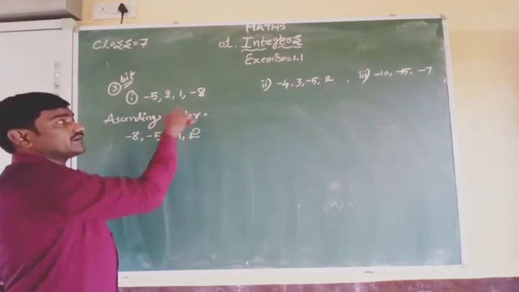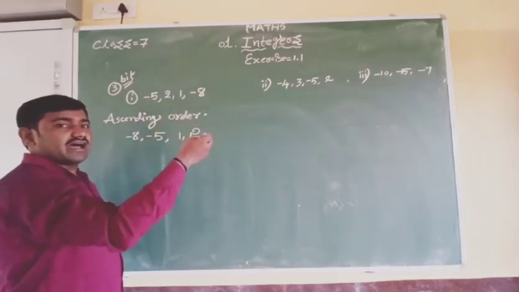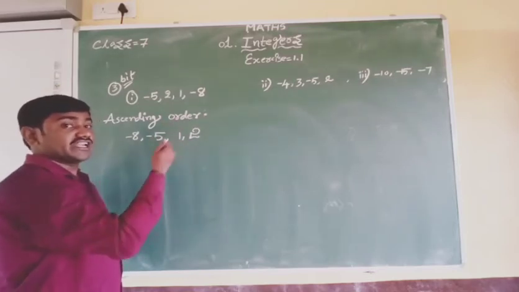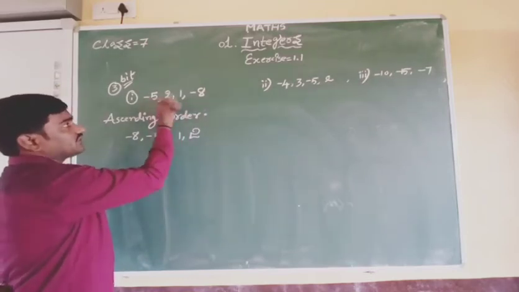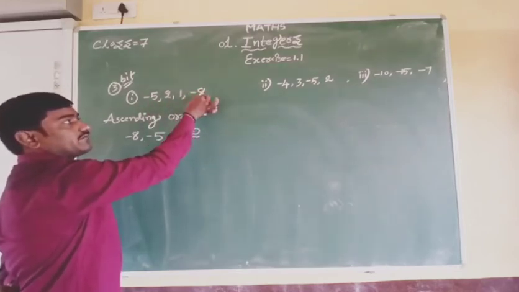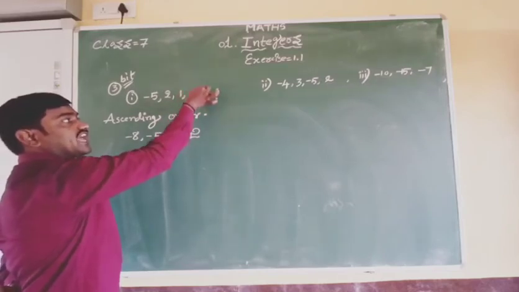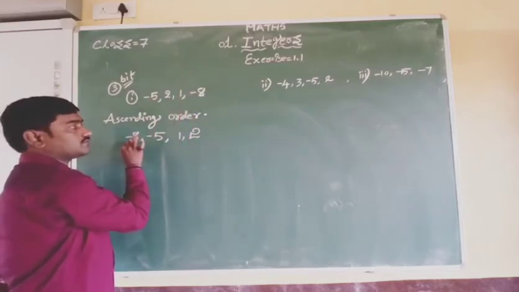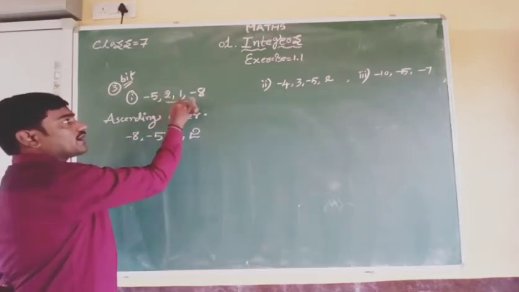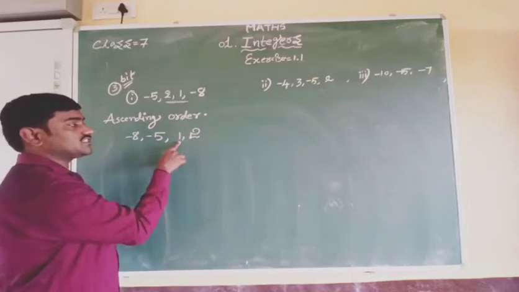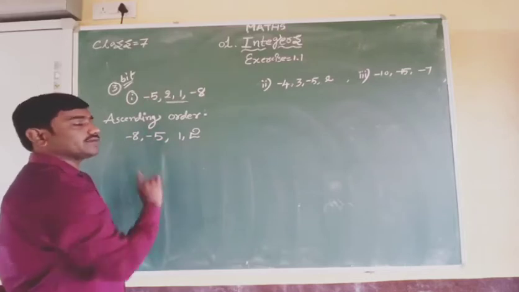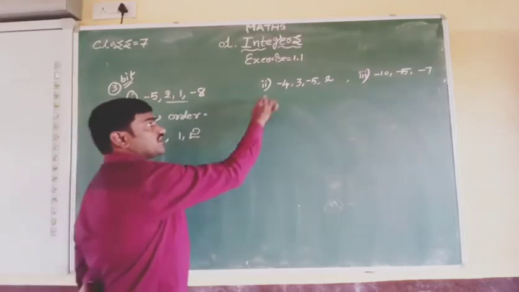So in the negative numbers, the bigger number always has the smaller value and the smaller number has a bigger value. So in these two negative integers, minus 8 is a bigger number, but it is a negative integer, so it has a smaller value, it comes first. Thereafter, the next negative integer will come here. However, we know how to compare the positive integers. One is smaller than 2. And among these four, 2 is the biggest number.